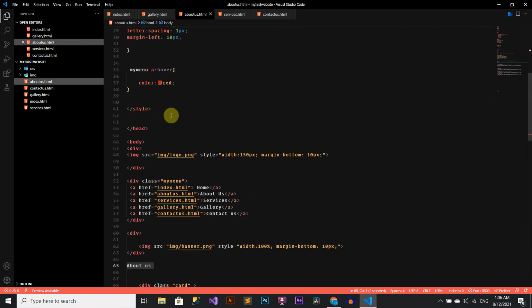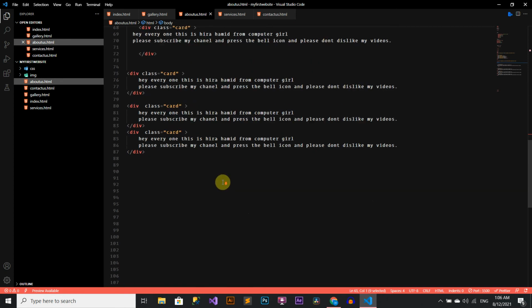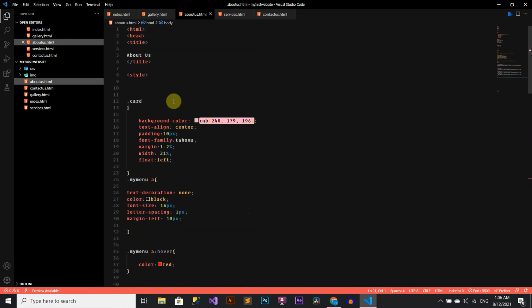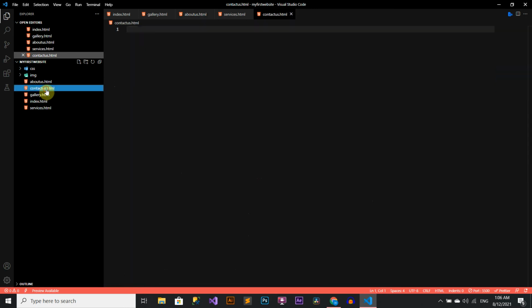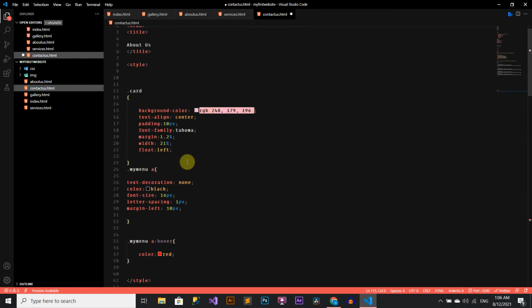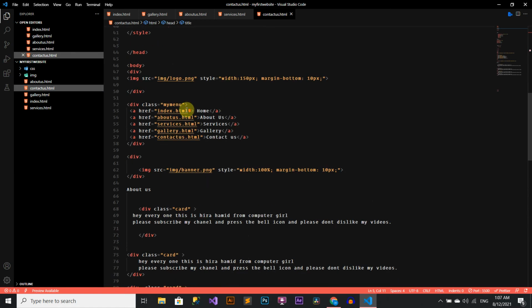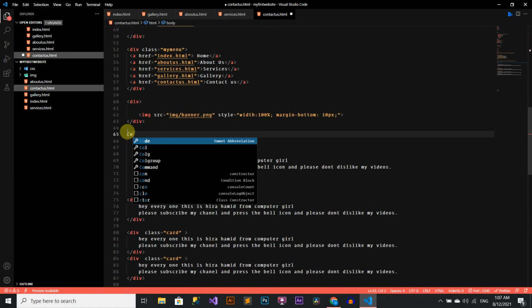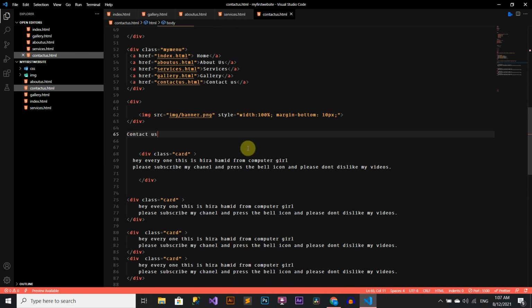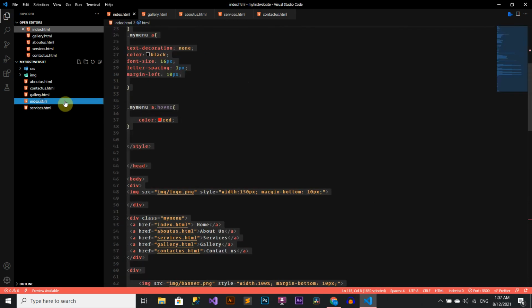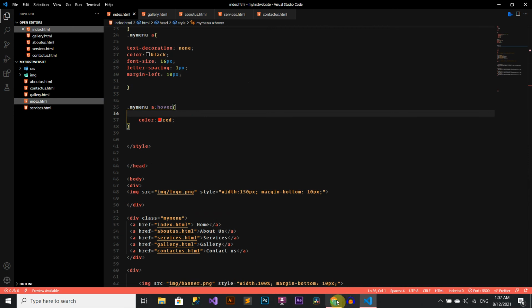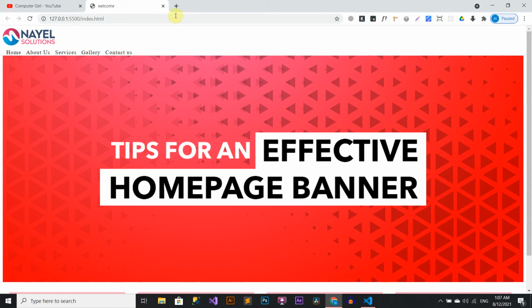Now save and check. All pages are linked and menu is working.